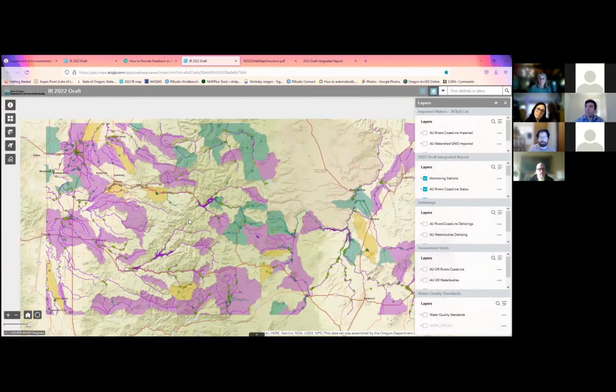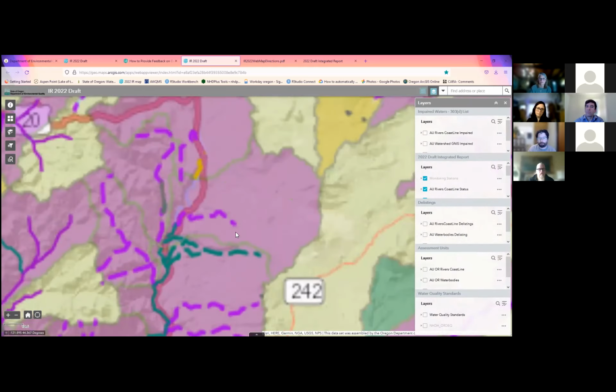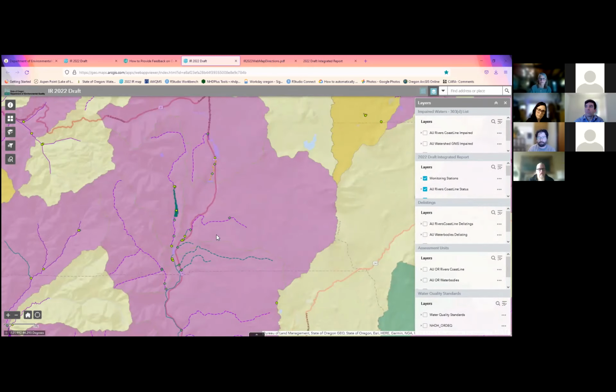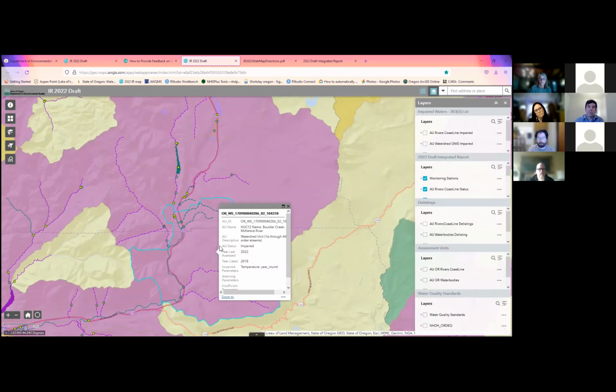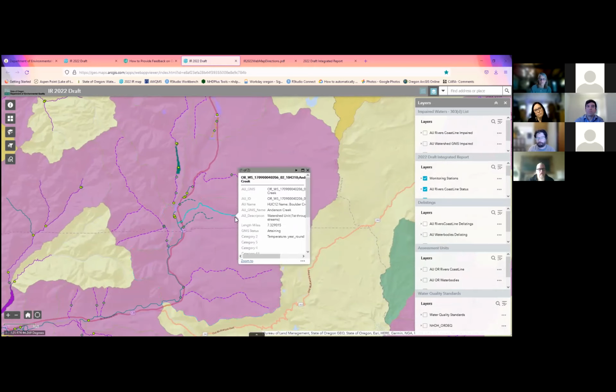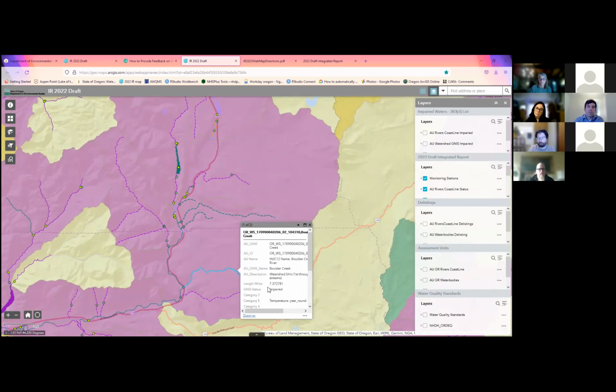If you wanted to just see, here, let me show you, here's a watershed unit, and these are these dotted lines that Leslie was talking about. Within this watershed unit, you can click on the whole watershed unit. It's impaired against the temperature year-round standard. But if you wanted to explore a little bit more, here is this specific line within Anderson Creek. It is actually attaining the standard, whereas here Boulder Creek is impaired for that criteria.